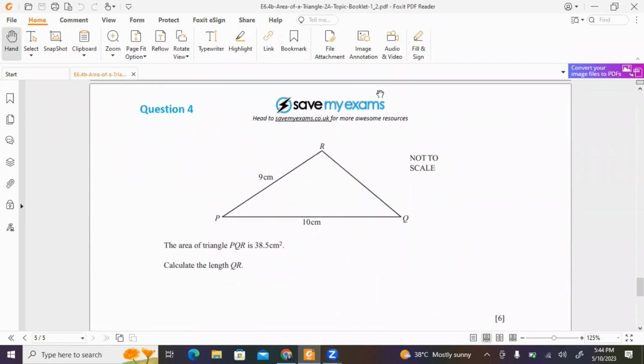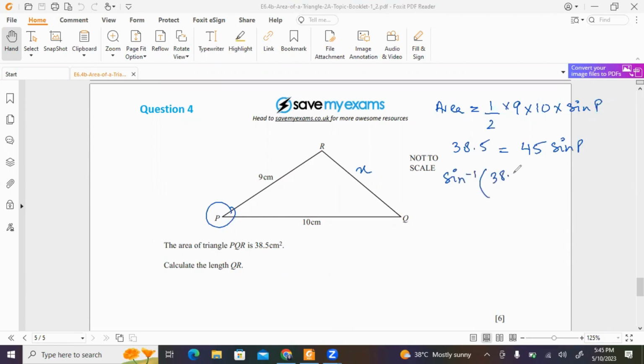In question 4, they have told us that the area is 38.5 and they want us to calculate the length of QR, which is this. So first we're going to use the area of the triangle to find the missing angle, which is going to be angle P. So I'm going to do area equals 1/2 times 9 times 10 times sine of P, and this entire thing will equal 38.5. So that is going to be 45 sine P. This is going to be sine inverse of 38.5 divided by 45. This plugs in the calculator: sine inverse of 38.5 divided by 45. That is 58.8